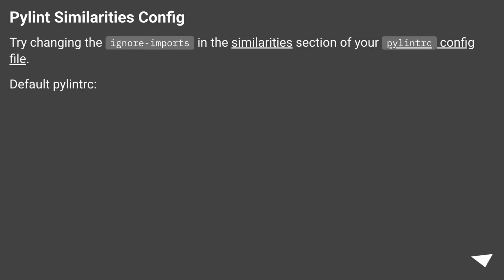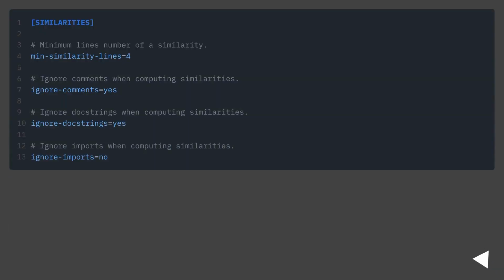Pylint similarities config. Try changing the ignore-imports option in the similarities section of your pylint config file. Default pylint. If you want to remove the false config subscribing